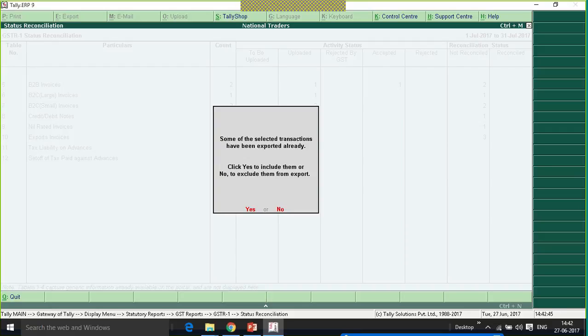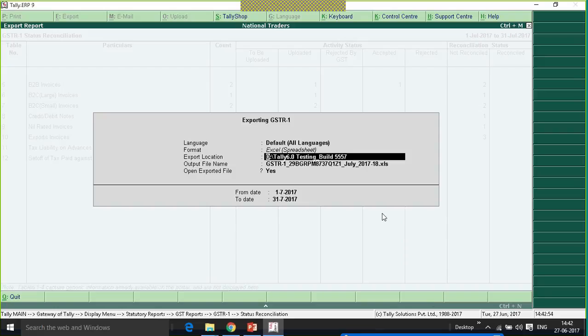If it has any modification, the modified information will get overwritten. When we are exporting GSTR1, the output file name will be GSTR1 followed by the GSTIN number and the return period.